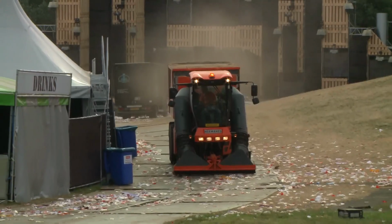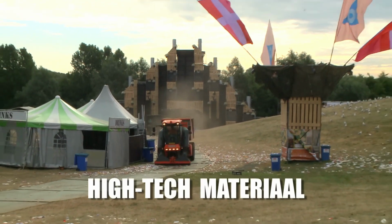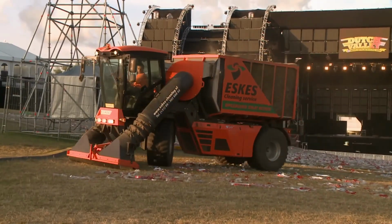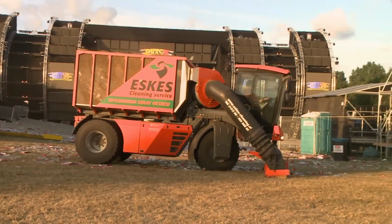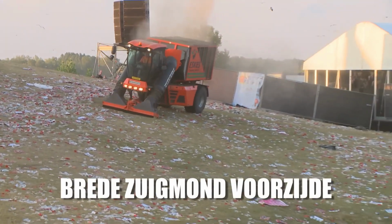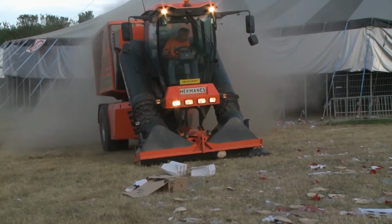Unbelievably, thousands of ruined tents are left behind and need to be cleaned by British outdoor festivals alone. X Cleaning can help with that. Their specialty is post-event cleaning, and they bring the workers as well as specialized equipment like the Harmonies. With its strong magnets that can simultaneously pick up screws and tent pegs, this device functions similarly to a vacuum